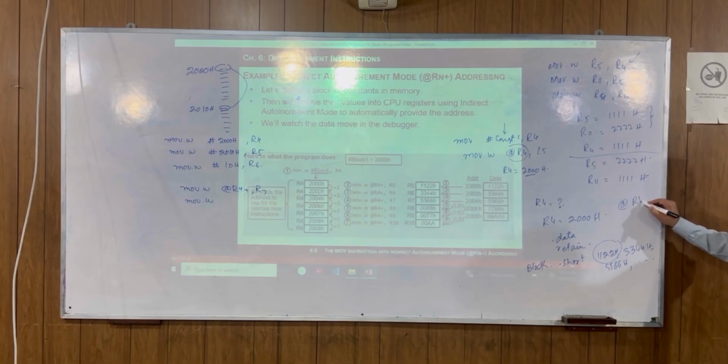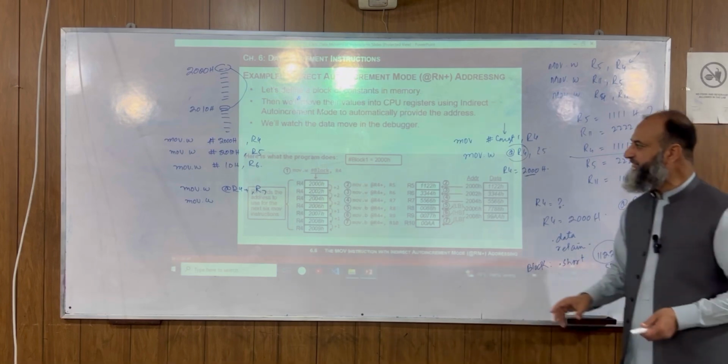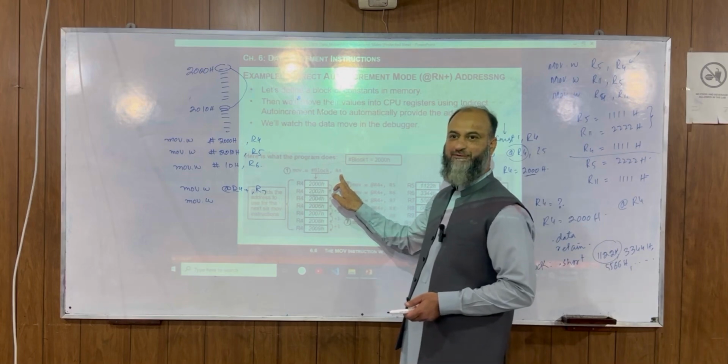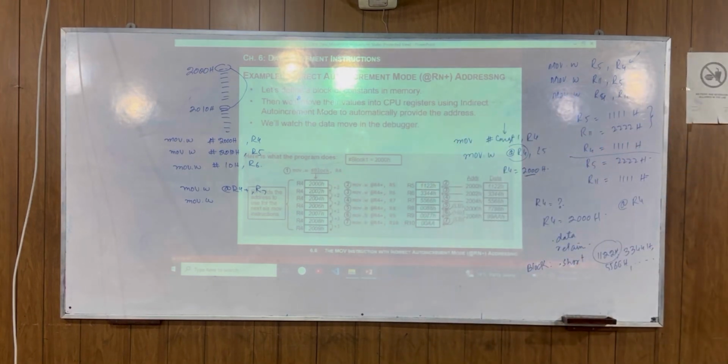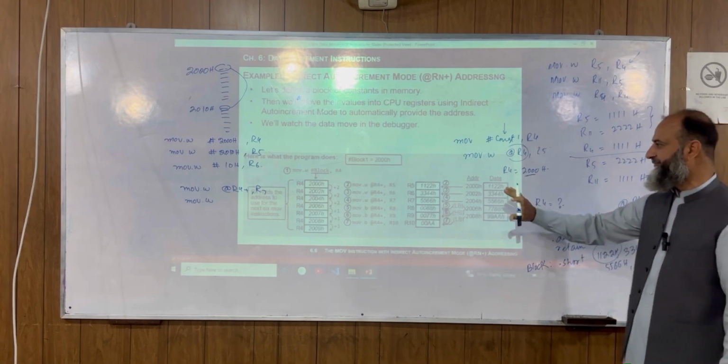at R4. So R4 के अंदर मैं block को डाल देता हूँ. So you see that the block is now going to be stored into R4. What is the value of the block then? 2000 hex, right? So ये block की value होगी आपके पास and it's going to be stored there.